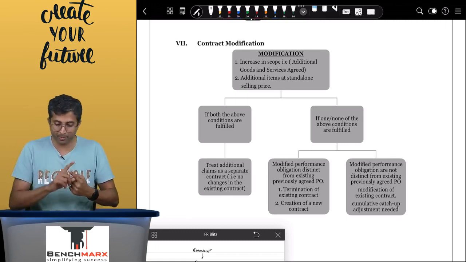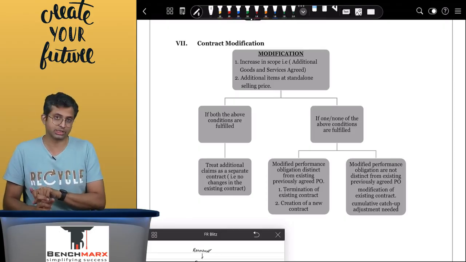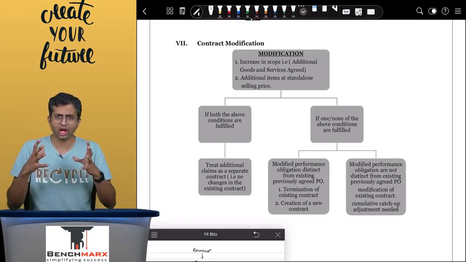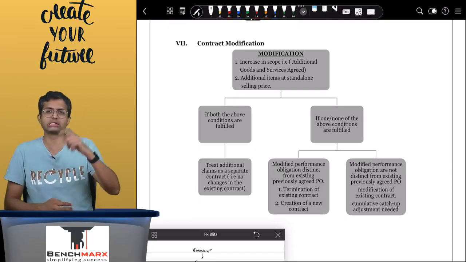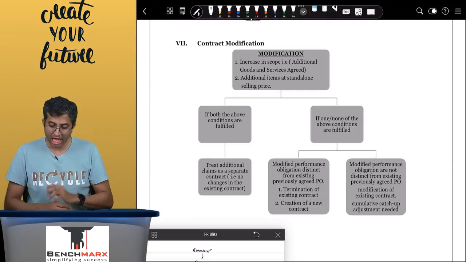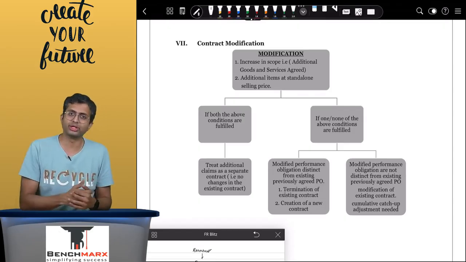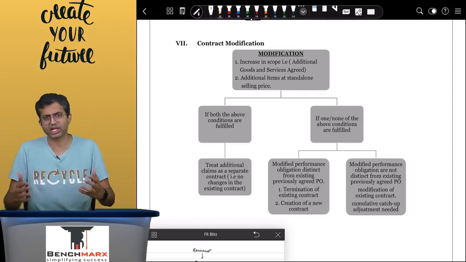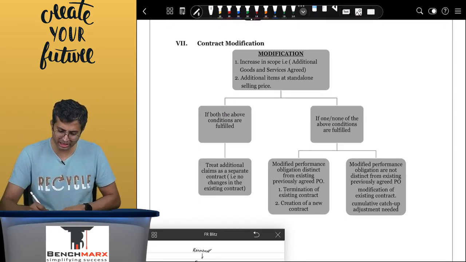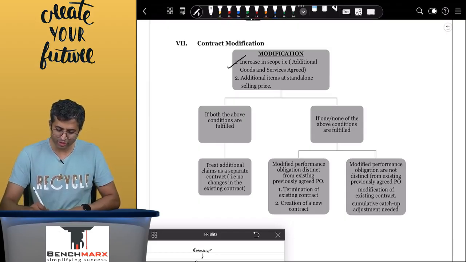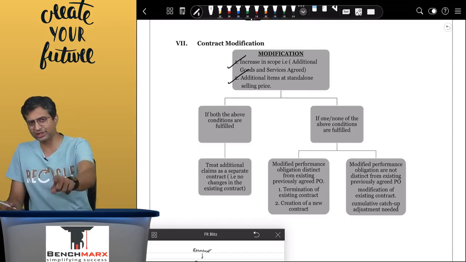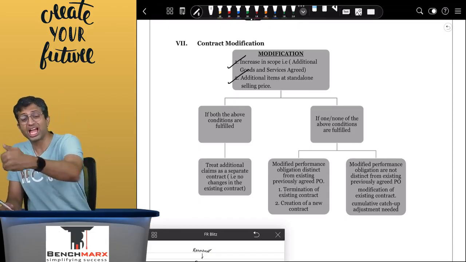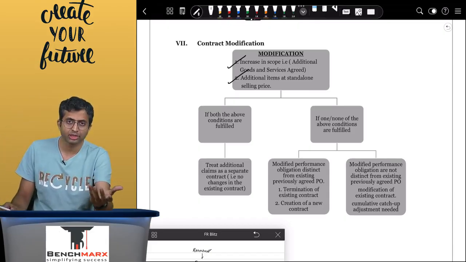Is there an increase in scope? Like for example, you had ordered 100 pieces, now you are ordering 150 pieces. So there is an increase in scope, that's 50 more. And is that additional units at the standalone selling price at the date of modification? So is there an increase in scope of the goods and services, and are those additional items at the standalone selling price? If yes, you treat these additional 50 items as if a separate contract is entered,